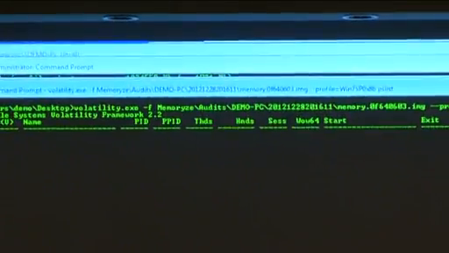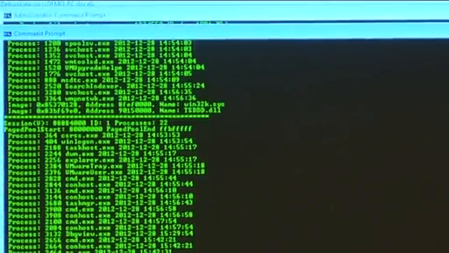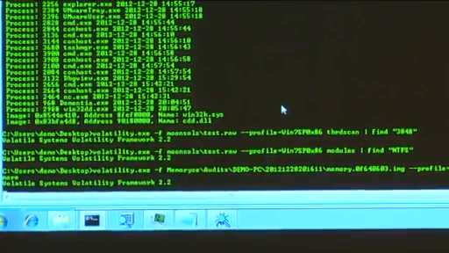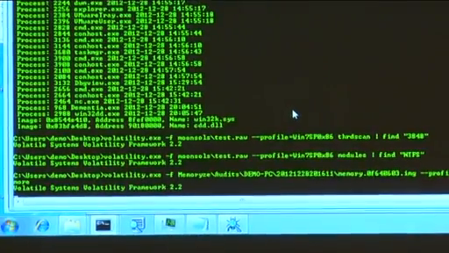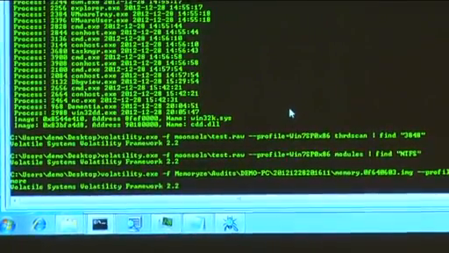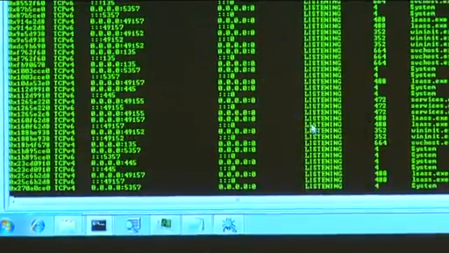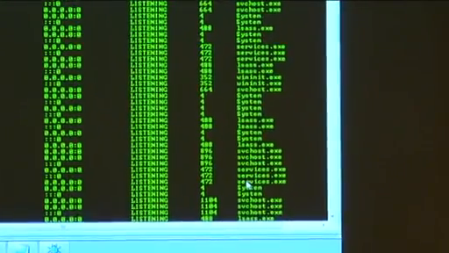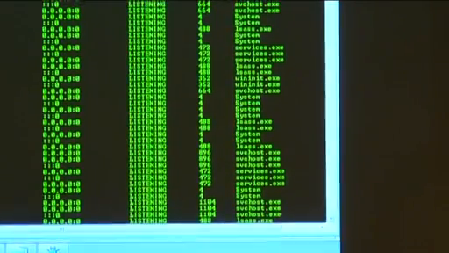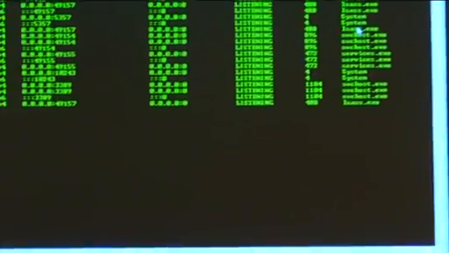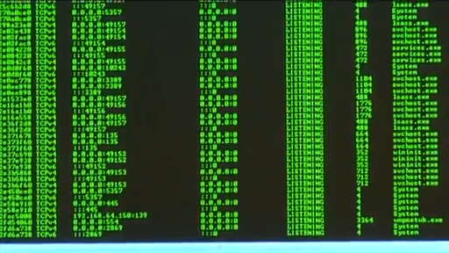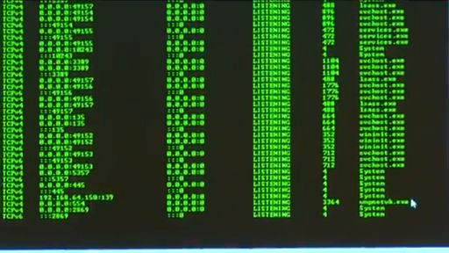Okay, so NC must not be listed here, and we should not see TCP port 12345 listening here. If that works, we are all good. Okay. We can just look at this column over there and try to see whether NC is listed here. Just a second. Okay, so it's not here. It's not here.